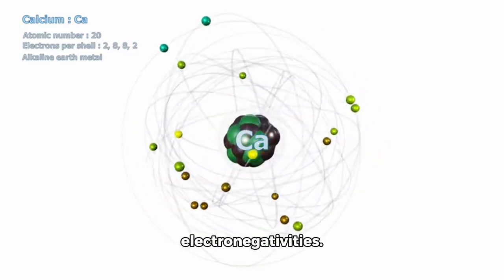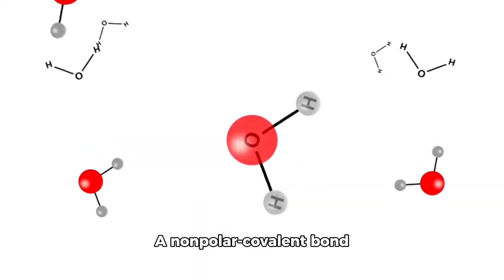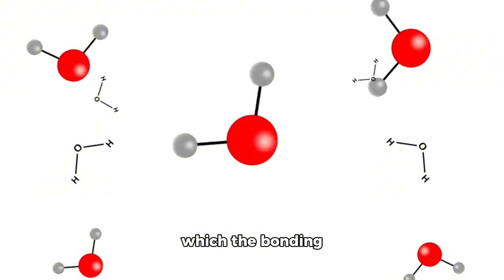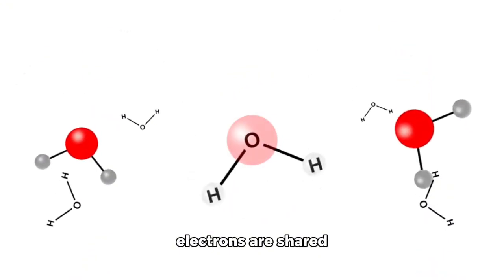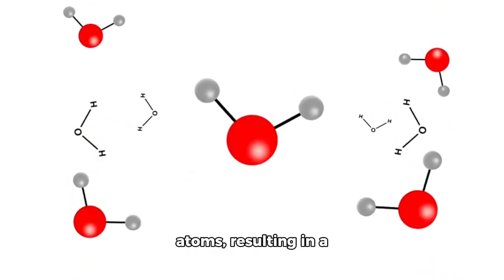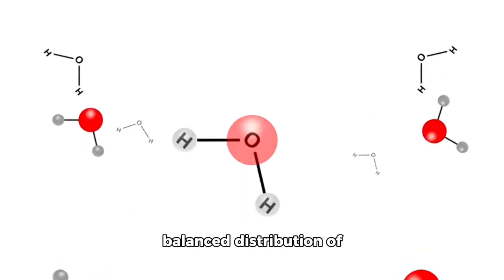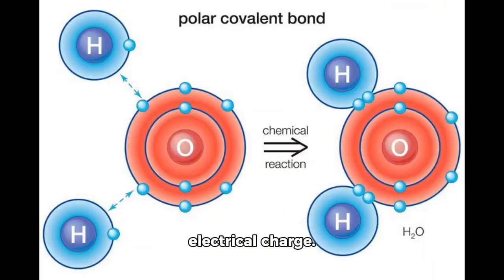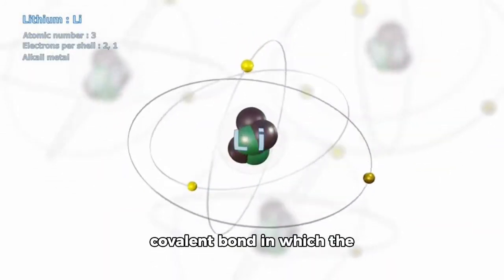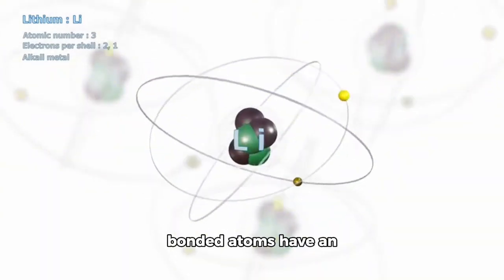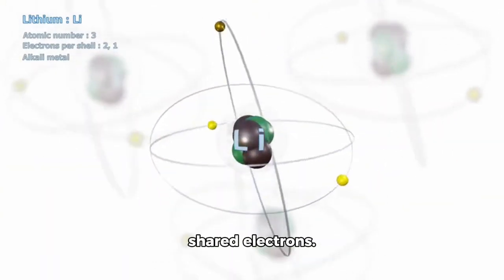in the elements' electronegativities. A nonpolar covalent bond is a covalent bond in which the bonding electrons are shared equally by the bonded atoms, resulting in a balanced distribution of electrical charge. Chemical bonds that have an uneven distribution of charge are polar. A polar covalent bond is a covalent bond in which the bonded atoms have an uneven attraction for the shared